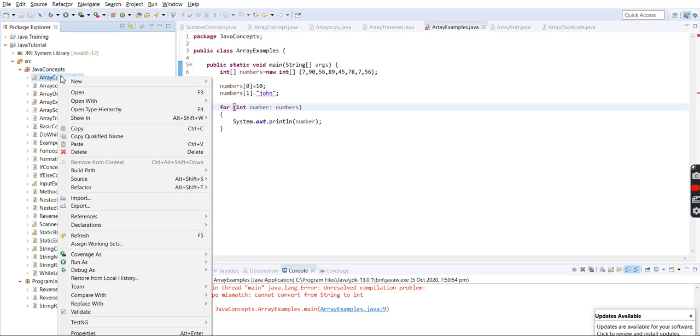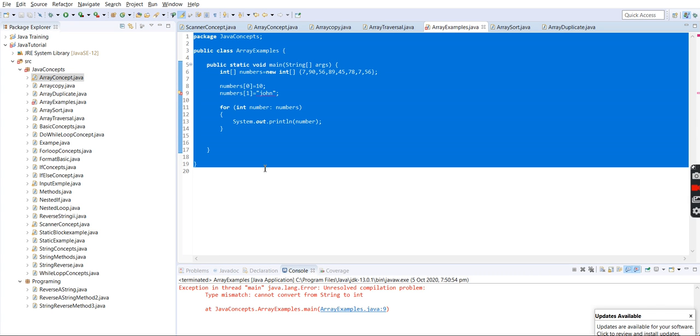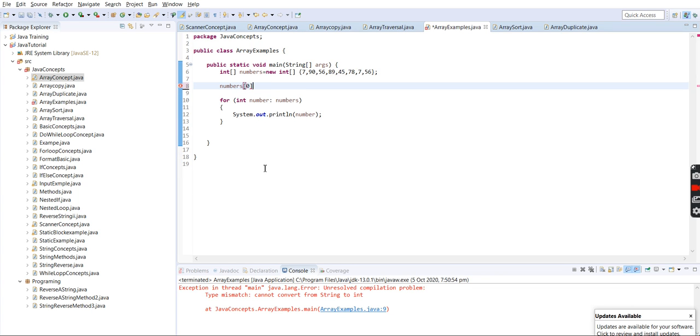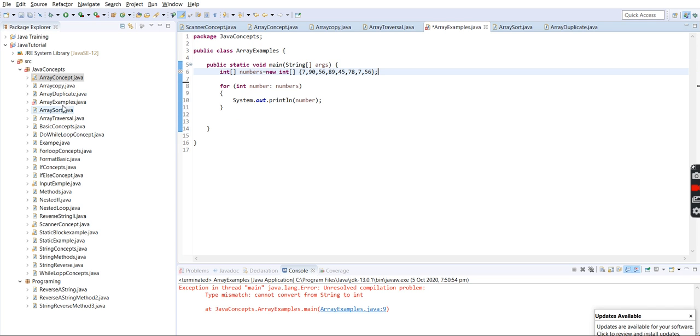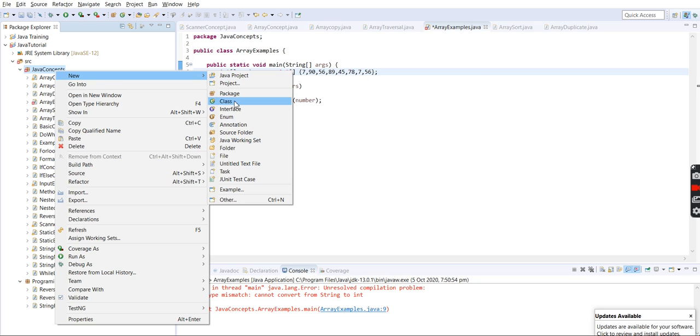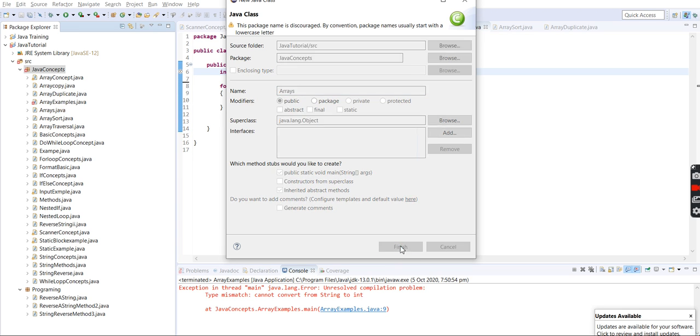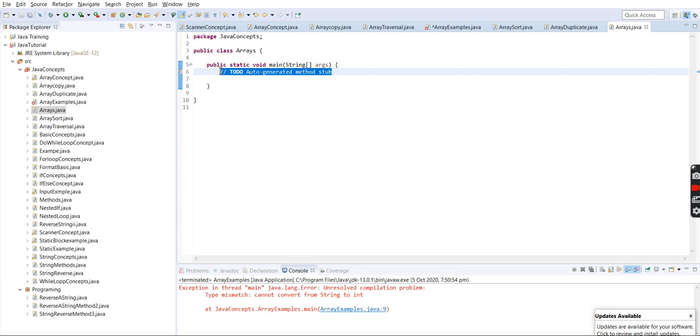So we'll create a new case and we'll see. We have declared the integer type, and the name of the array, I'm giving num, and then the new keyword with integer.